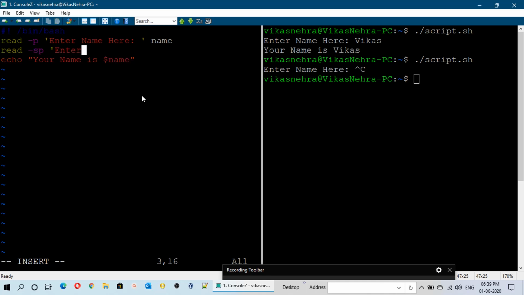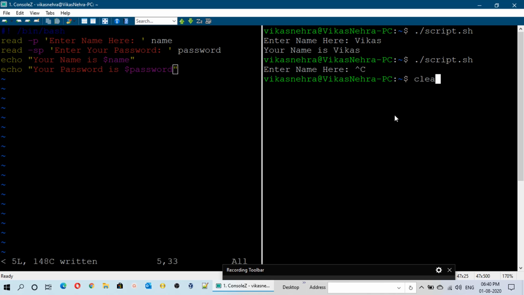Then enter your password. Now it will ask for the password and it will not display anything on the screen when you mention the password. And let me store this input from the user in this password variable. Now if you want the password to be displayed, you can use this line, otherwise you can ignore this. Your password is $password, like this. Save this file,